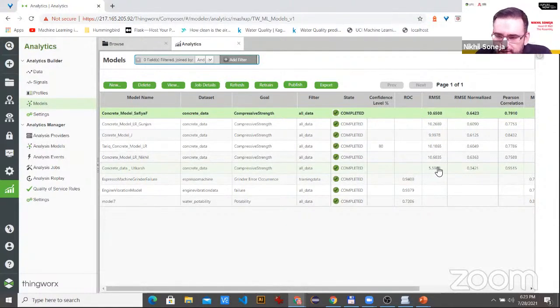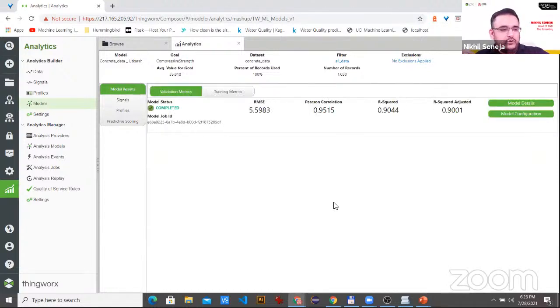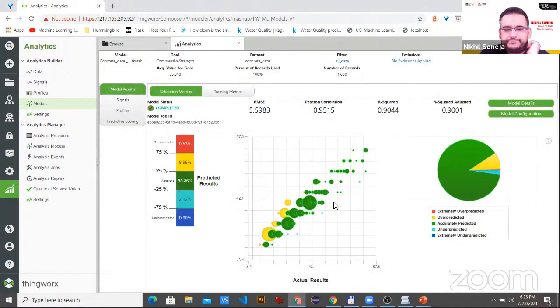But Utkarsh has got the best value here, 5.5, because he used the thing that's out of the box, the neural network. So we already know that. Let's go and take a look at Utkarsh's data here. Now, if you look here, his predicted results are 88.36, which is great, compared to what we had, 65.2. And if you look at the training metrics,